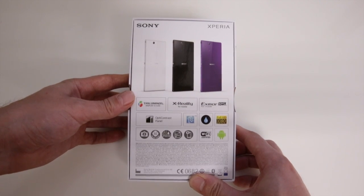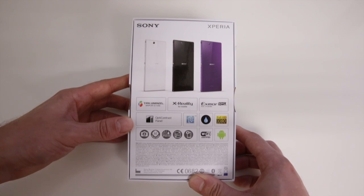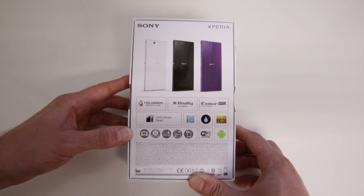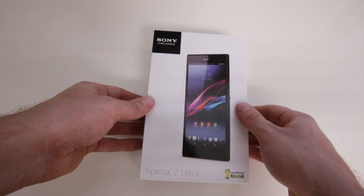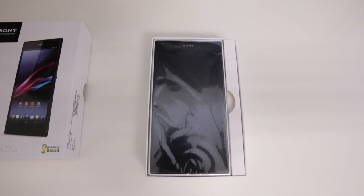The standard three colours that you can get in the Xperia range, white, black and also purple, features that Triluminos display along with a full 1080p display panel, and this actual screen is 6.4 inches, giving us a total pixel density of 344. Comes with a 2.2 GHz Snapdragon 800 processor along with an 8 megapixel camera, and indeed is also IP55 and 58 water and dust repellent, and it is actually possible to use this underwater for a certain period of time. So let's open this up and take a look, and immediately we are greeted with this absolute